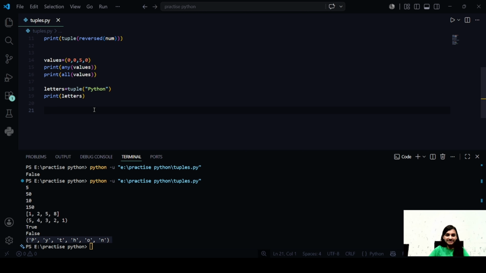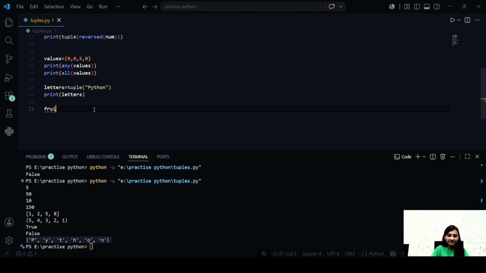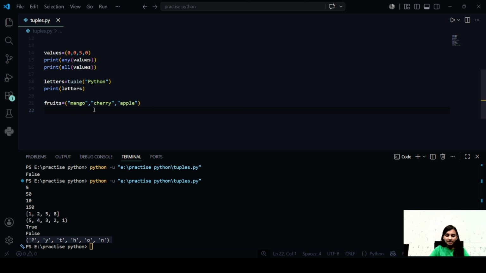Next, enumerate. Let's do it quickly. Supposing we have fruits. And now we want to find the index and the value in enumerate.